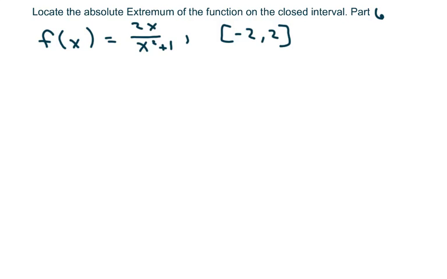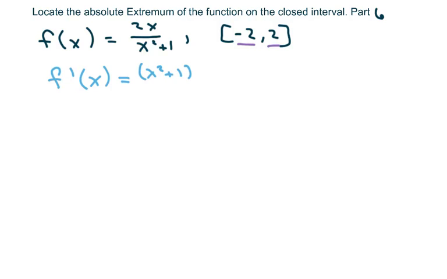Hi everyone. We're going to locate the absolute extremum of the function on the closed interval, and we're going to evaluate -2 as your left endpoint and 2 as your right endpoint. The first thing I'm going to do is find the critical values by taking the derivative, and we're going to use the quotient rule